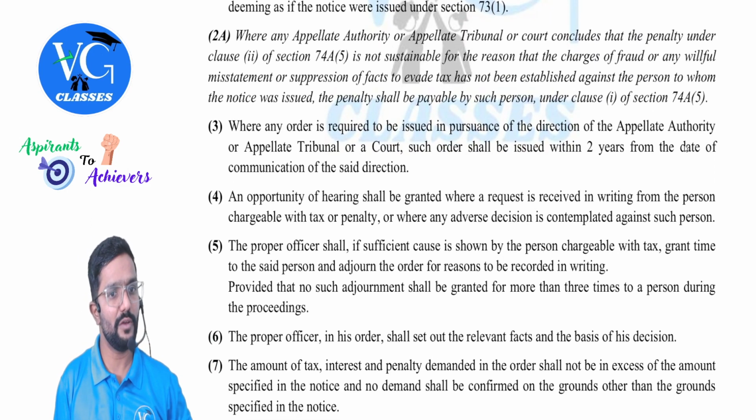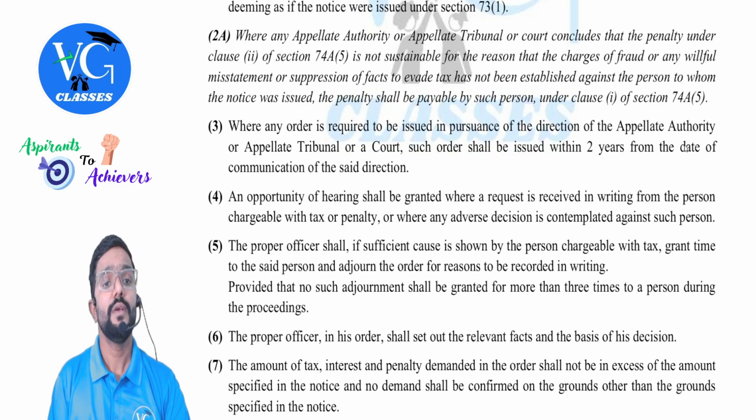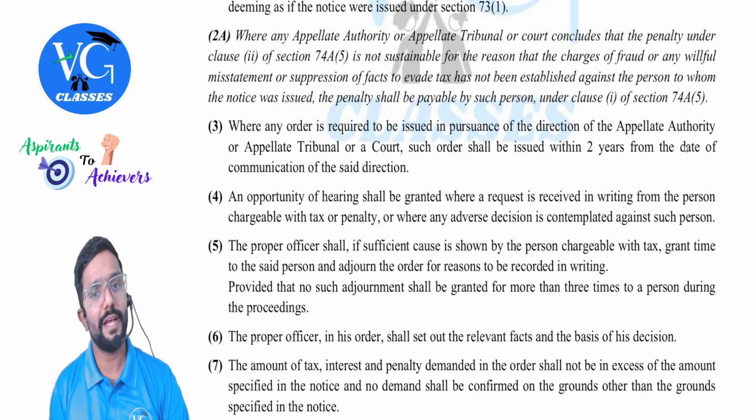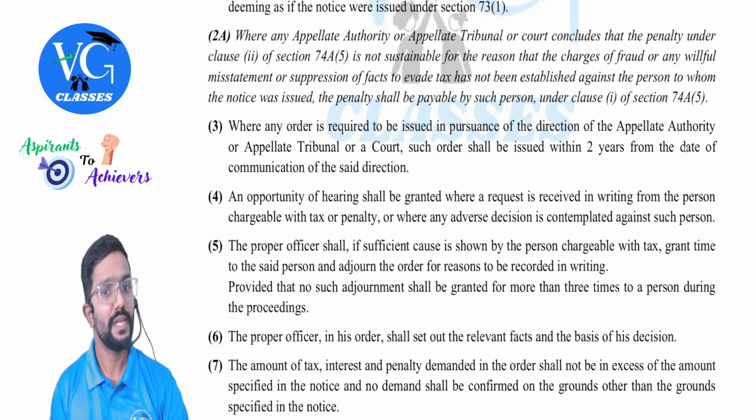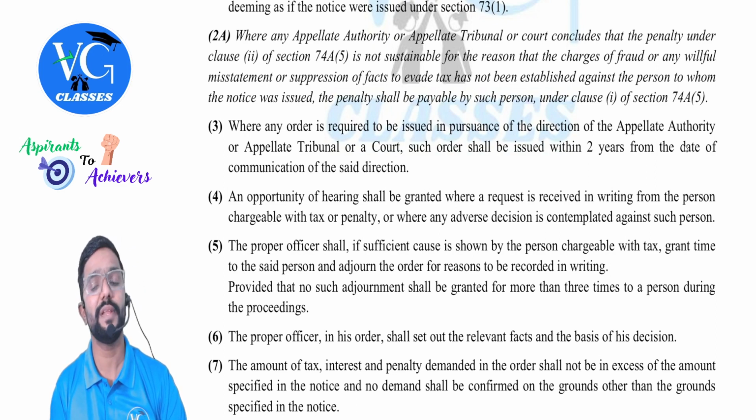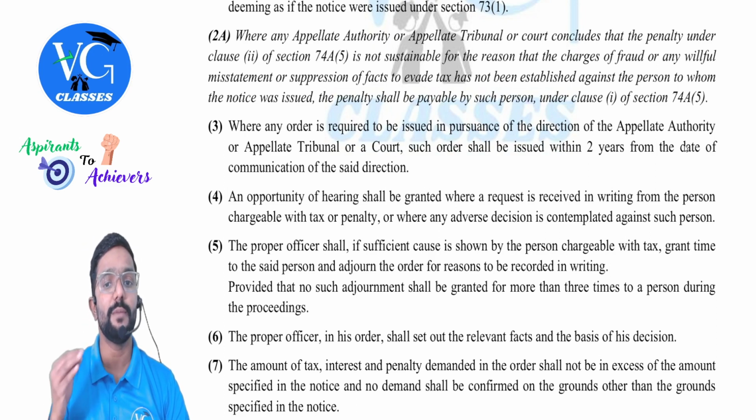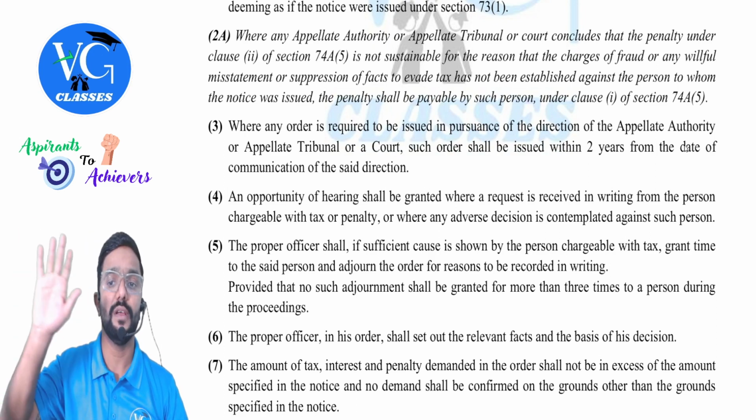Only 2, 3 and all was there. But now in between they have added 2A. What is it? Where any appellate authority or appellate tribunal or court concludes that the penalty under clause 2 of section 74A5 is not sustainable for the reason other than the charges of fraud or any willful misstatement or suppression of fact to evade tax has not been established against a person to whom the notice was issued, the penalty shall be payable by such person under clause 1 of section